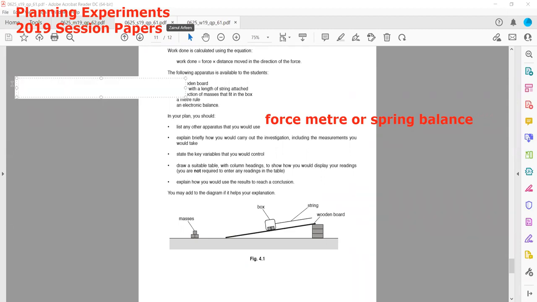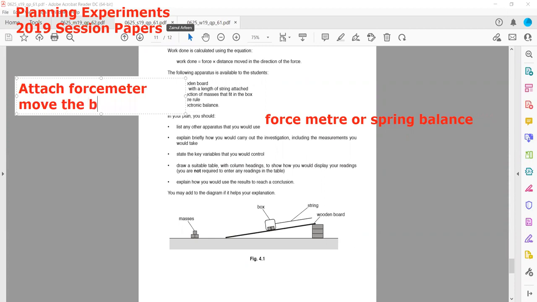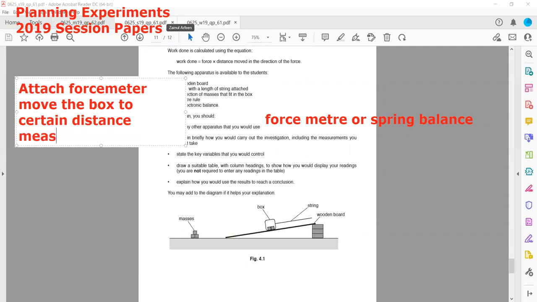So we will attach a force meter here, or a spring balance, and move the box to a certain distance. And we will measure the force